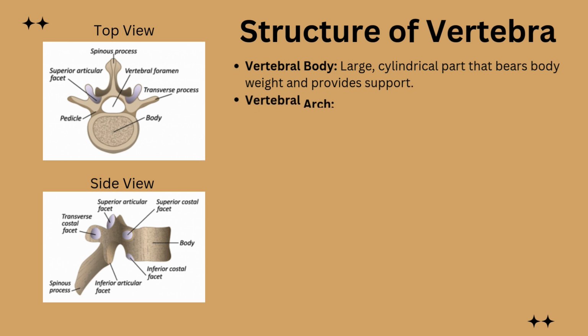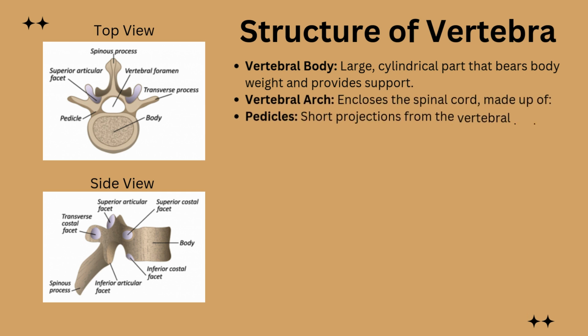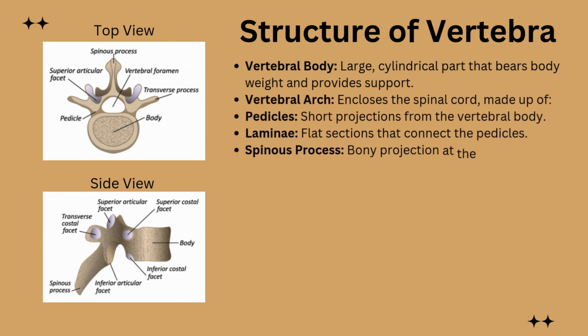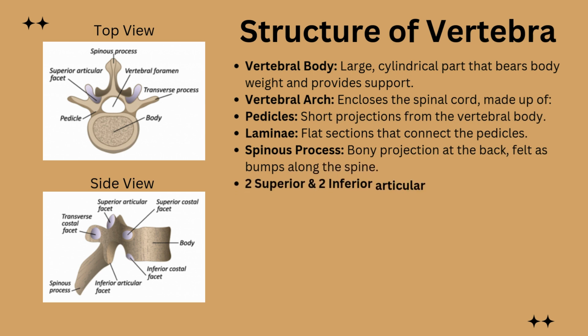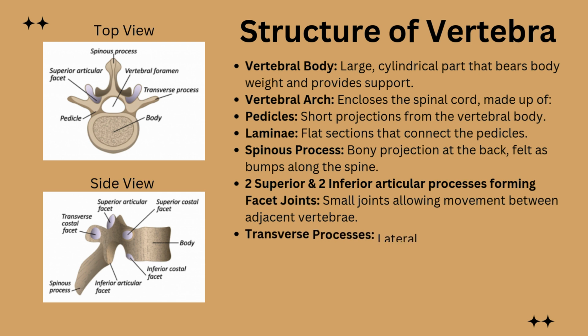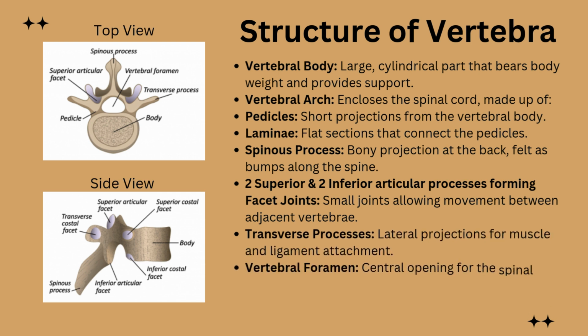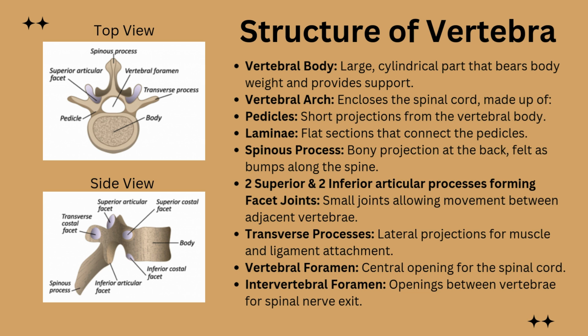Let us now look at the structure of the vertebrae. The vertebrae are the individual bones that make up the spine or the vertebral column. Each vertebra has a distinct structure, but overall they share certain common features, like the vertebral body, which bears the body's weight, the vertebral arch, which encloses the spinal cord and consists of pedicles and laminae, the spinous process, which